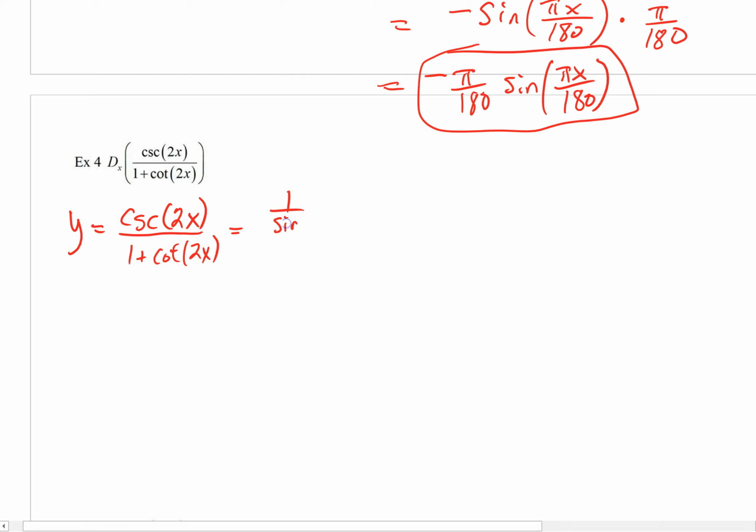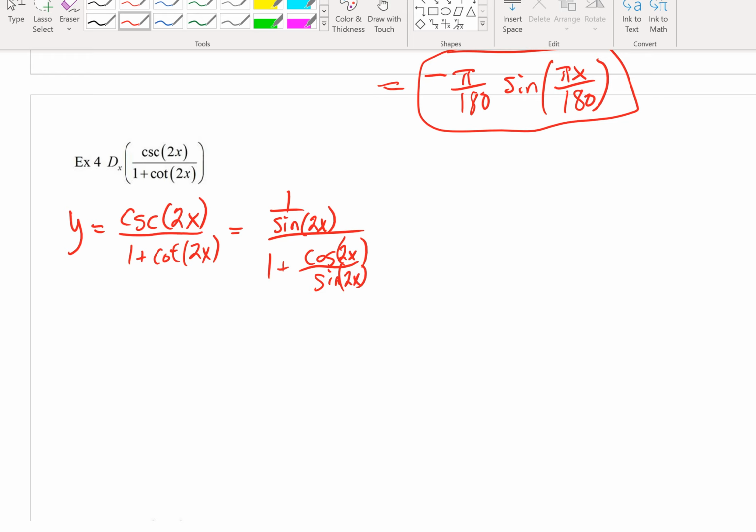Cosecant is really 1 over sine. Cotangent is cosine all over sine. Now, at first glance, let's be brutally honest, it looks like we've gone from bad to worse. It sure does. However,